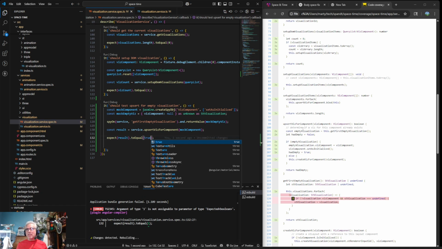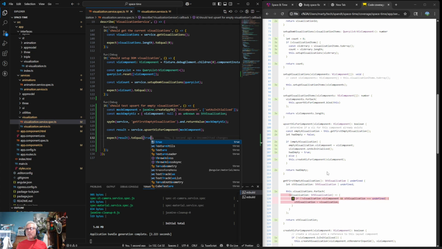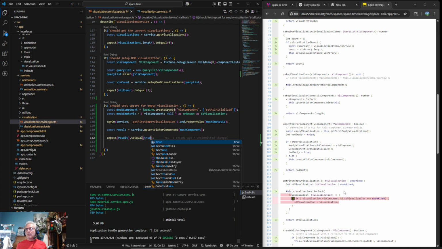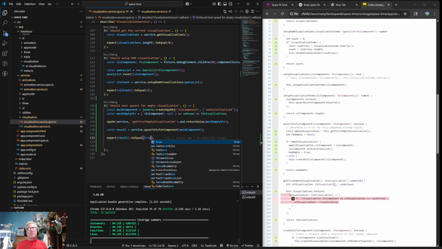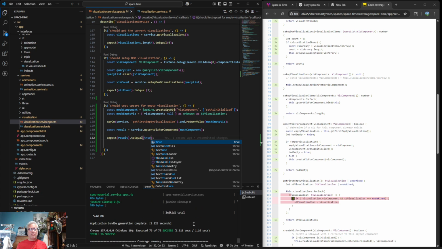Oh, because this thing is testing get first empty visualization, which returns either undefined or that. Oh my gosh, why did that work?